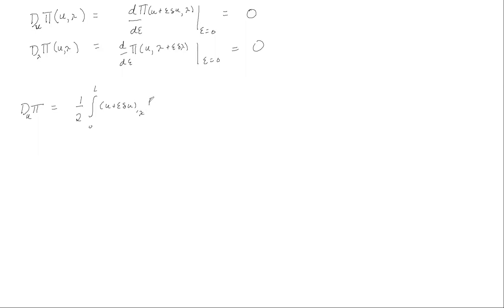Let's assume that E and A are constants. They don't change with respect to x. And we end up with this again, u plus epsilon delta u comma x dx